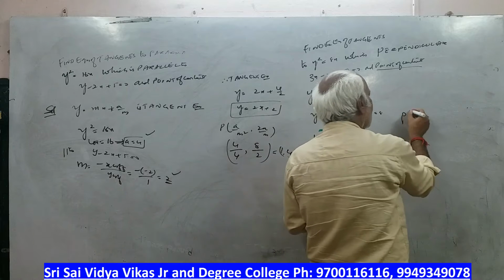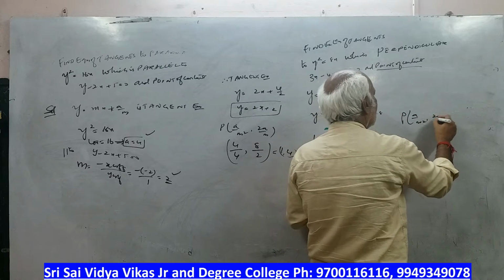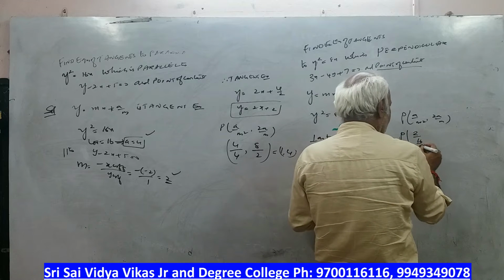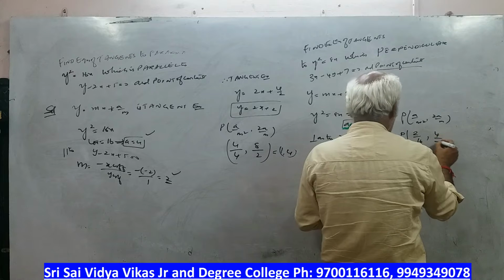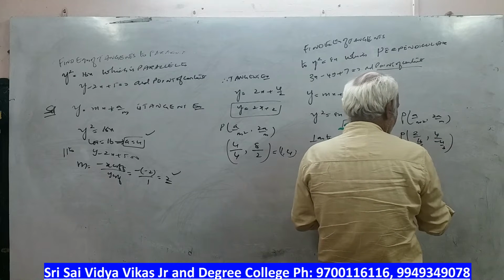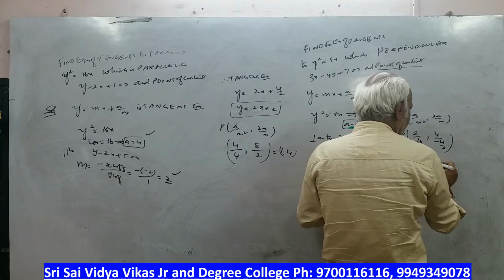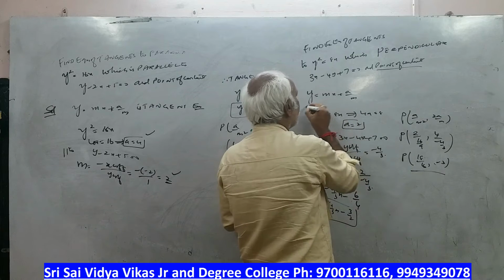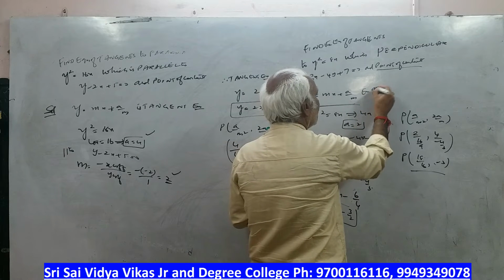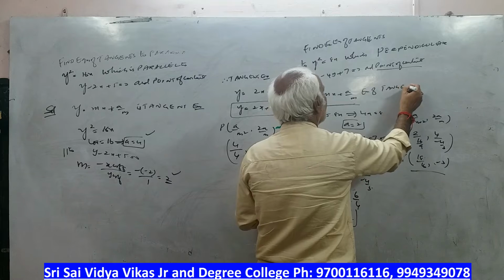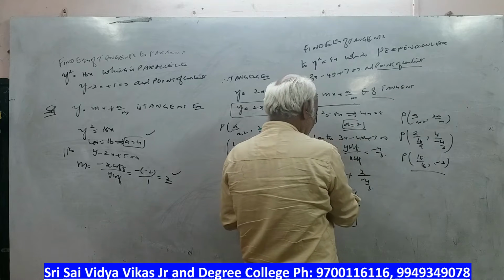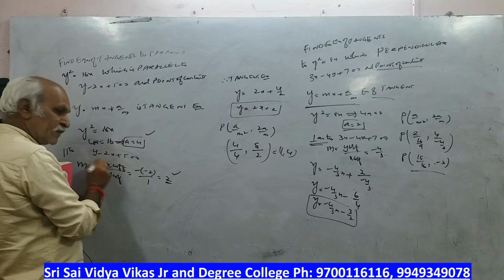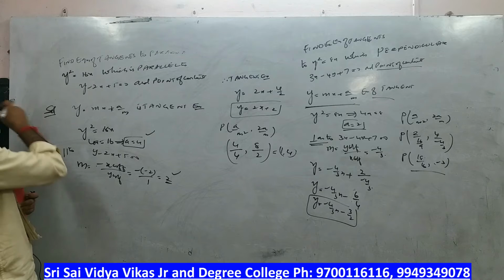And what is the point of contact? A by m square comma 2a by m. So p is, what's our a value? 2 by m square. M square means 16 by 9. 2a means 4 by minus 4 by 3. So p is 18 by 16, minus 4 will get cancelled, minus 3. So here same tangent equation of tangent, but here for the a value we got perpendicular. Perpendicular means y coefficient by x coefficient. Here what is it, minus x coefficient by y coefficient.